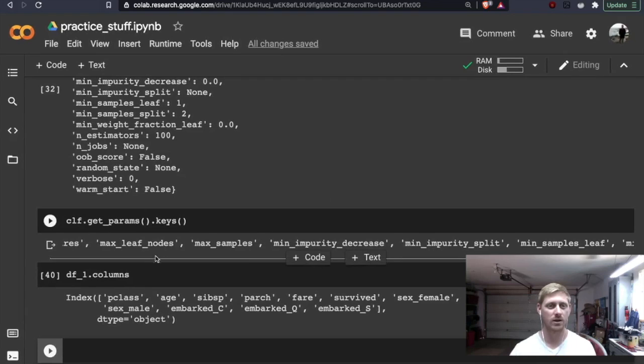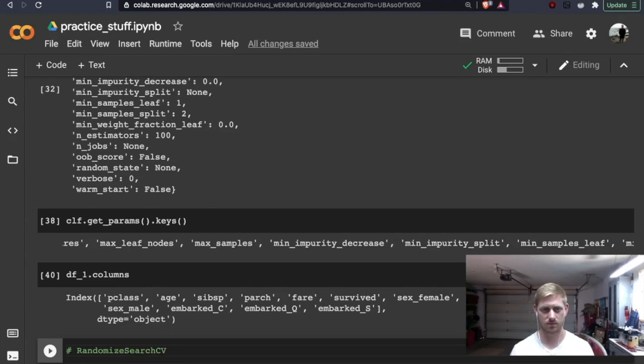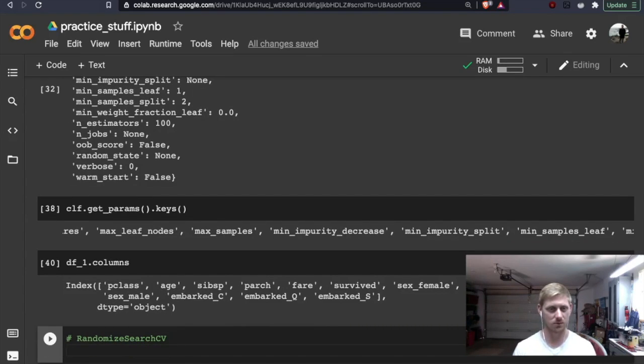So what would be the next step? We'd want to do randomized search CV. Definitely have a typo, but oh well. It would be random forest, and then we'll just do RSCV for random search CV.